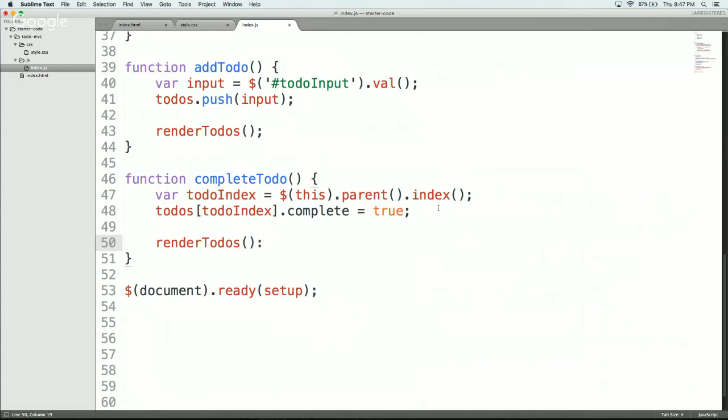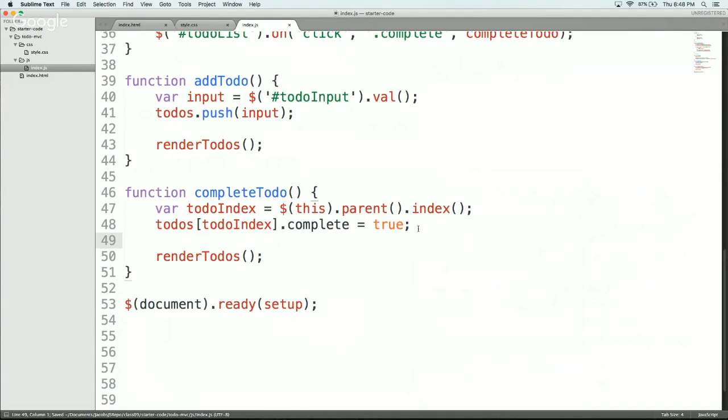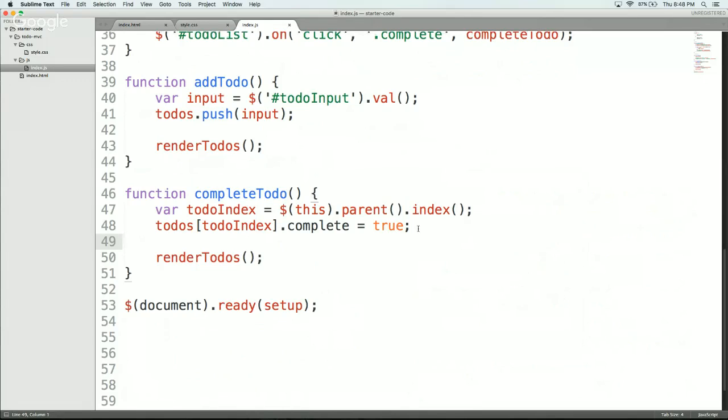I'm just going to tell the model here, we need to re-render. And since we've changed the complete to true, that completed class will show up on the item that has been modified. So is it like passing through the HTML twice? Like it's rendering and then has a new function and it's